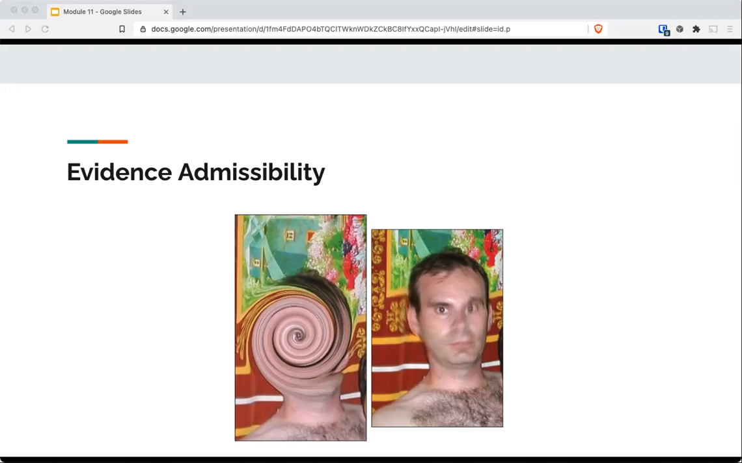Any other questions on photos? Okay, seeing none. I want to make the reminder